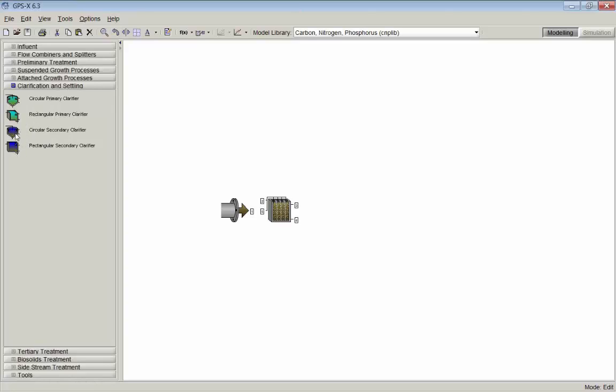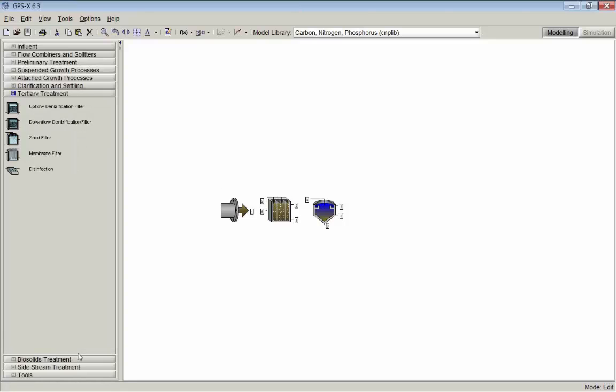And we also have the blue ones here that are for secondaries. So I'm going to grab, while I'm here, a secondary clarifier and put that down on the board. I'll also mention there's a few other different types of tertiary treatments here. These are upflow and downflow denitrification filters. We also have sand filters, membrane filters, disinfection units, and so on. So these are all there basically to allow you to sort of fill out the full treatment part of your